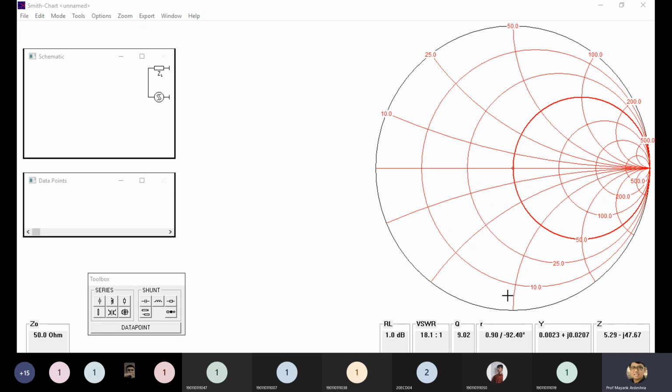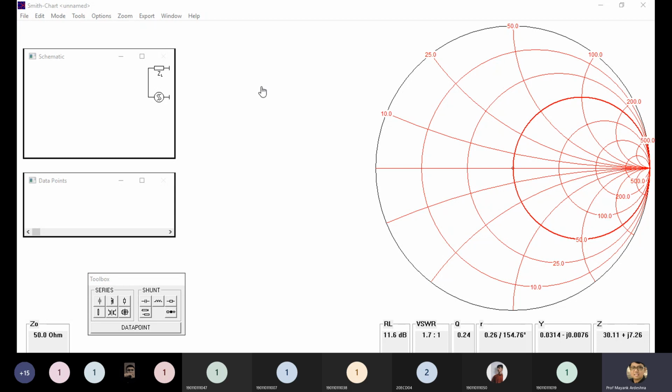So how can we solve this one? You can see ZL is 60 plus 40j and Z0 is 50. Obviously it's not matched, so you require some kind of circuitry which may be helpful to find the matching. You can start with this one. You can download this Smith chart V2 software. It's freely available.